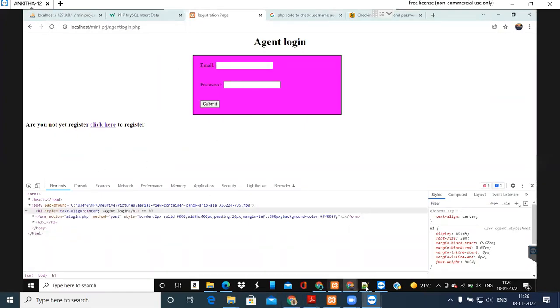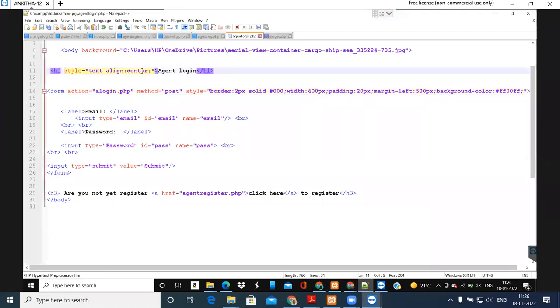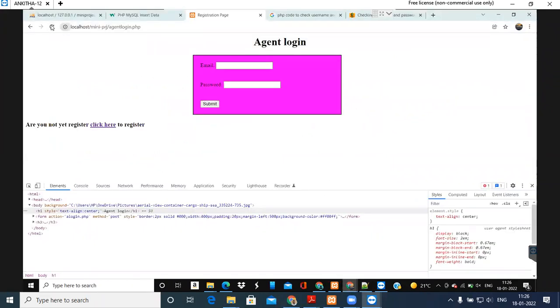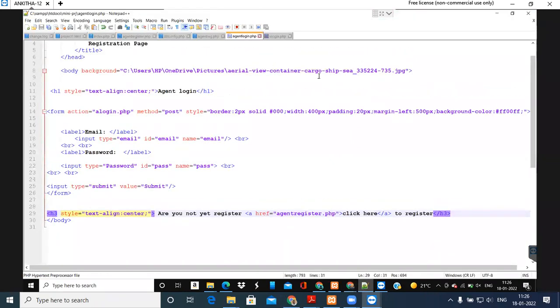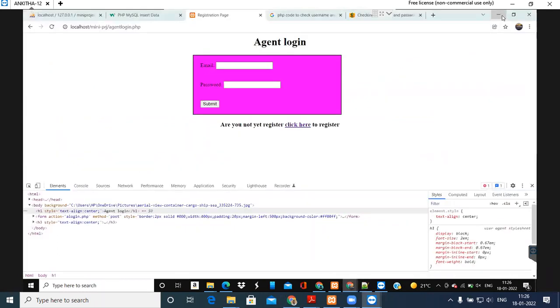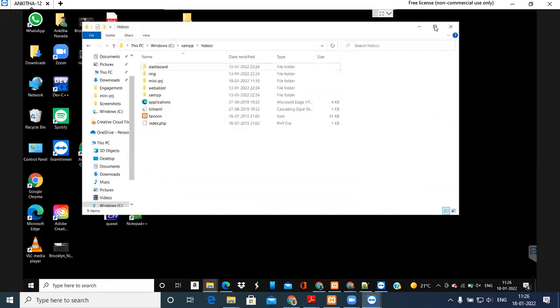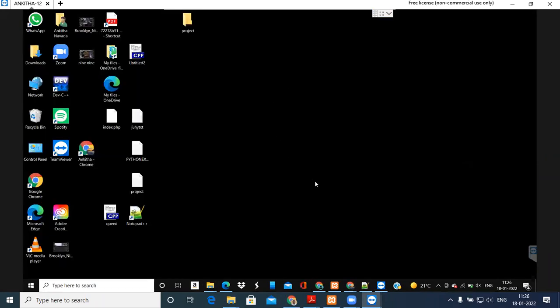So this one, if you want to move to the center, again you use the same style is equal to align center. The same code you paste it here, same CSS you paste it there. And then you refresh. See, and then for your entire body, for body she added one image here. So I don't know where exactly this image is there. It's in desktop. So that image, if you want to add, I told you to create which image.